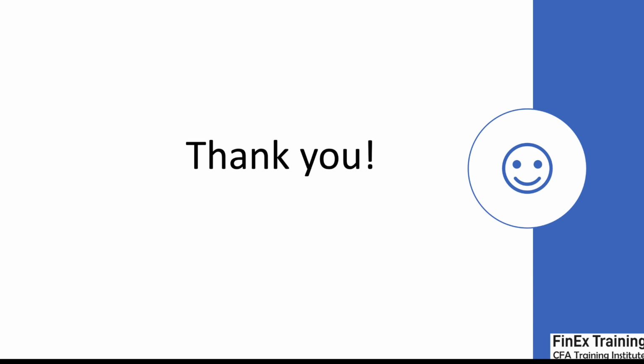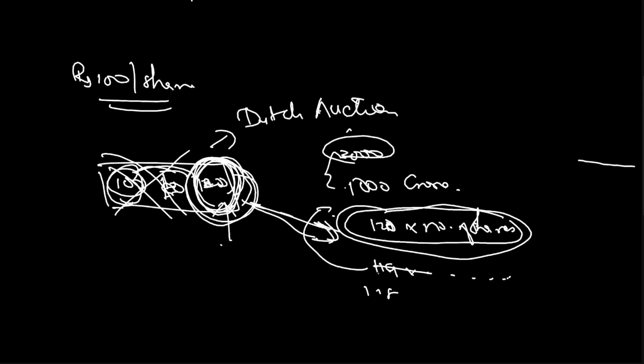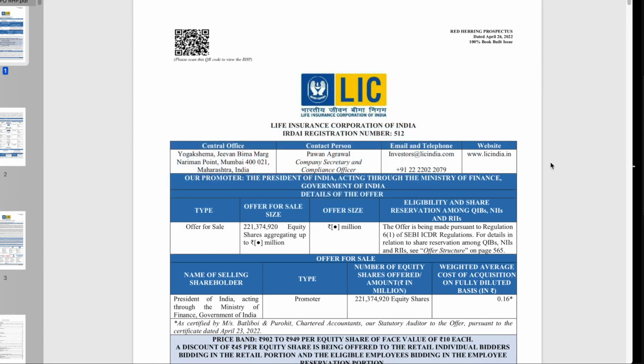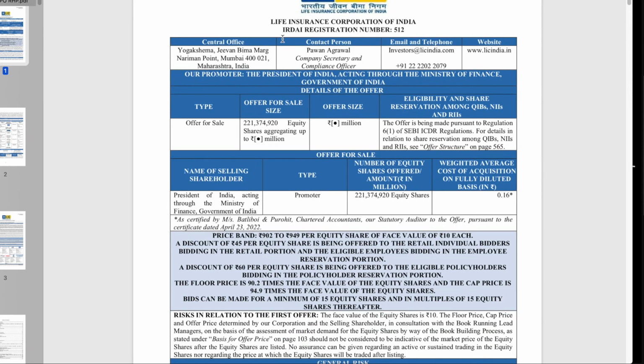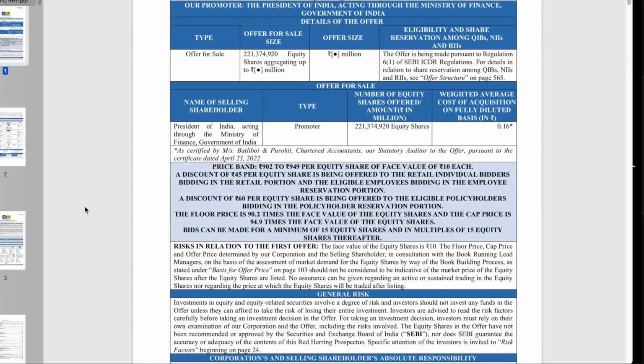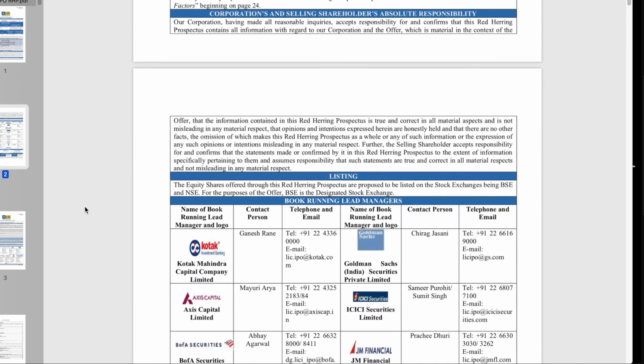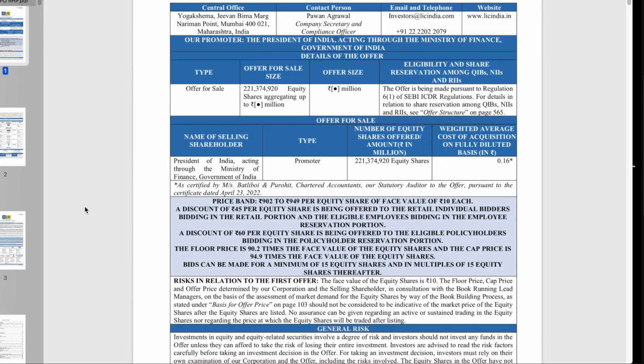Hope this helps. And as far as one practical example is concerned, I have just shown this example of LIC over here, the LIC IPO. This is the Red Herring Prospectus for the LIC IPO. You can see all the details over here. This is a complete prospectus, but in the newspaper, normally only 1 or 2 pages will be published. Here you will see the number of shares that they are planning to issue,